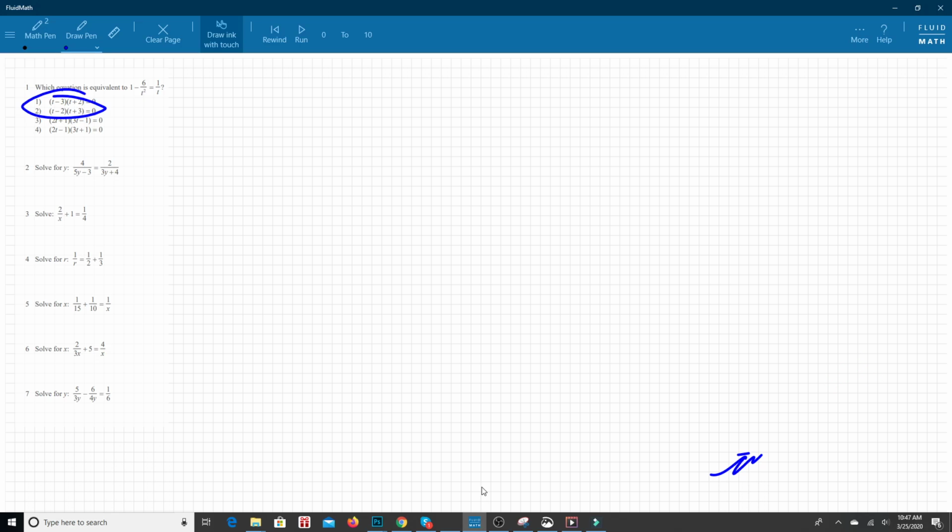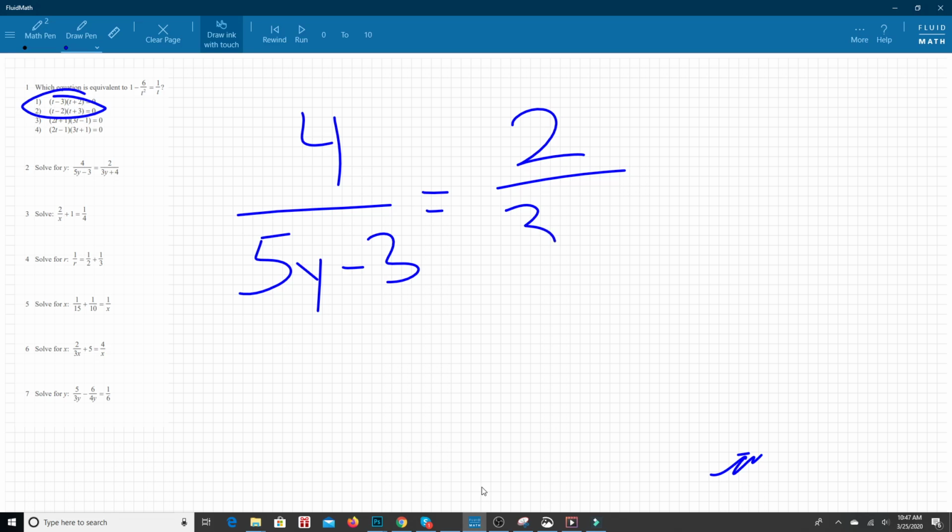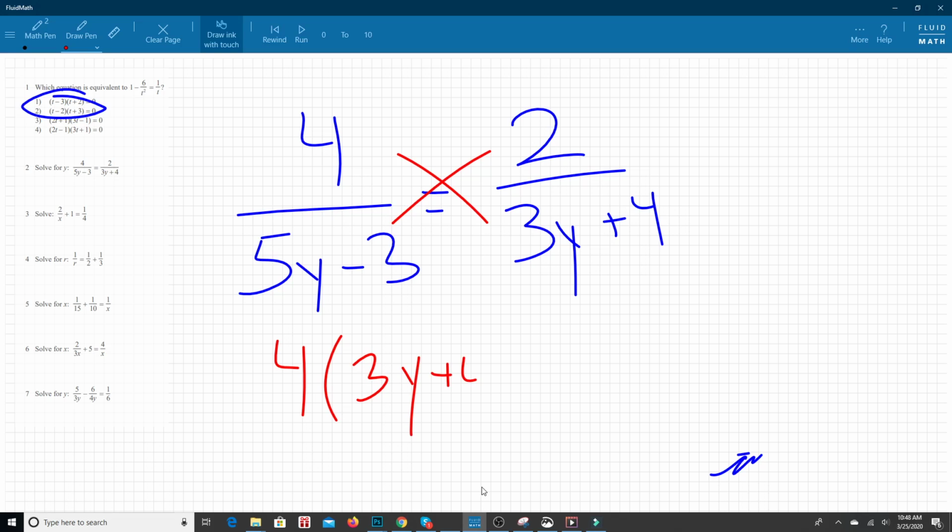So now the next one says 4 over 5y minus 3 equals 2 over 3y plus 4. All right, this is easy. I'm not going to even bother going over this much. Simply cross multiply, leaving us with 4 times 3y plus 4 equaling